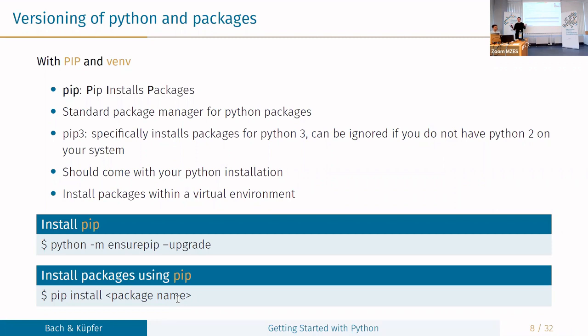In case you want to make sure that pip is actually installed, this would be the first line here, but usually you can ignore this because pip would be installed. Then if you want to install a package, you just say pip install and the name of the package. So pip install pandas, for example. Pip install NumPy, pip install whatever.